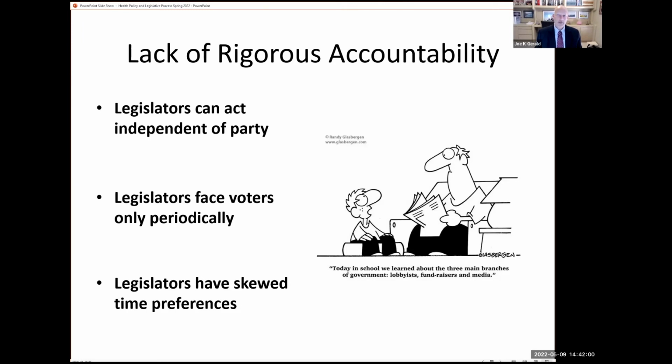And then the last kind of thing, which is just more broadly speaking, legislators have skewed time preferences. What legislators want to do is give voters benefits today and push any cost into the future. So for example, climate change. The cost to fix or reduce the impact of climate change is very costly today. We've got to spend a lot of money today to make a difference. And the benefits won't come out for 20, 30, or 40 years. That's a terrible calculus for elected officials.